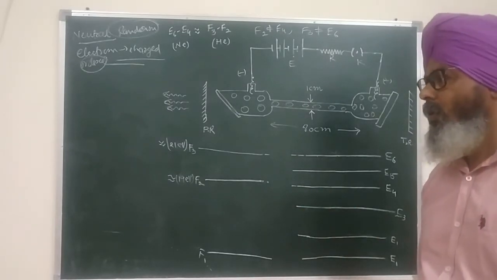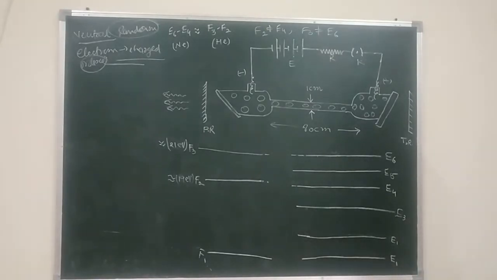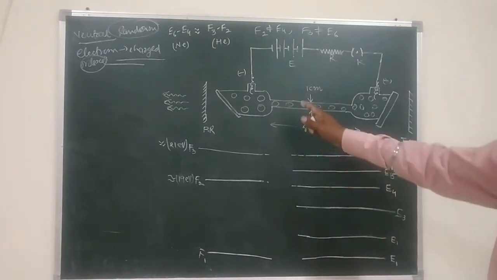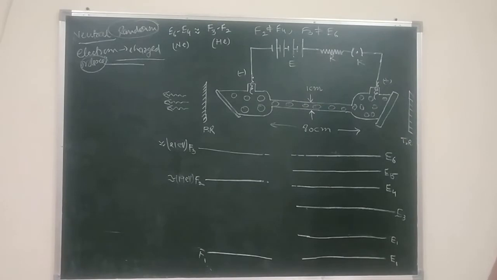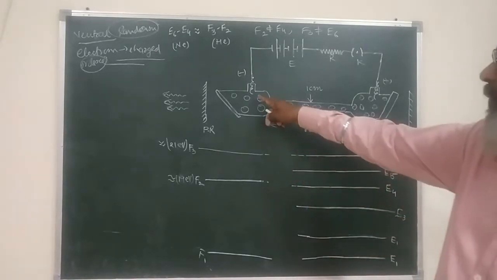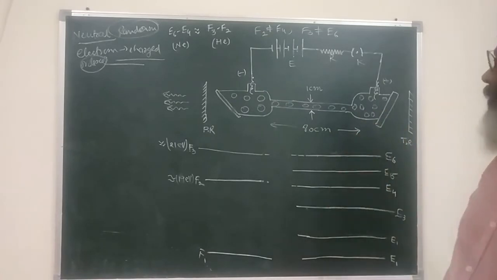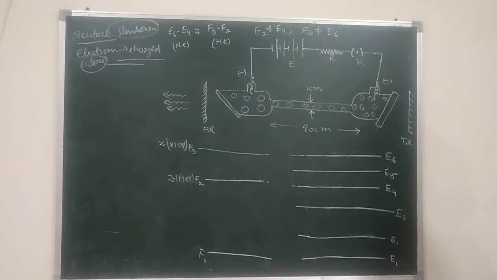Kinetic theory of gases is mostly obeyed by ideal gases, and noble gases rather. And both of these gases are noble gases. So the motion of the helium and neon is a random motion. So Brownian motion you can use, and the electrons which are emitted from the cathode will be traveling toward the anode under the influence of the potential difference. So therefore their motion will actually be ordered motion.